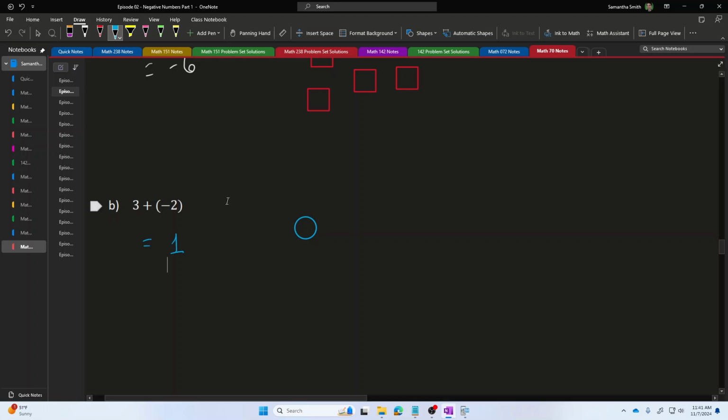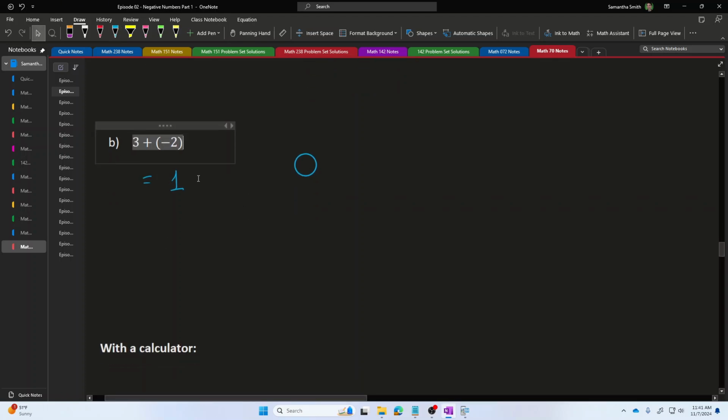And that makes sense, because if I started with 3 units of savings and then I took on 2 units of debt, then overall, if I use some of that savings to pay off this bill, I've now got less savings than I had before, right? So if I originally had 3 units of savings, I spent part of it to pay this bill. Now I'm down to 1 unit of savings.